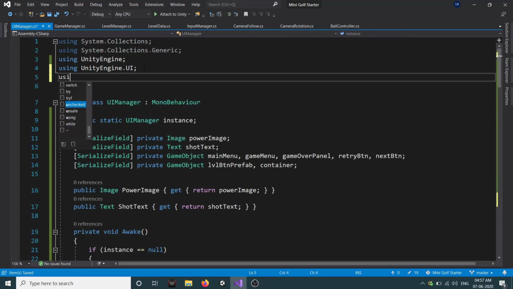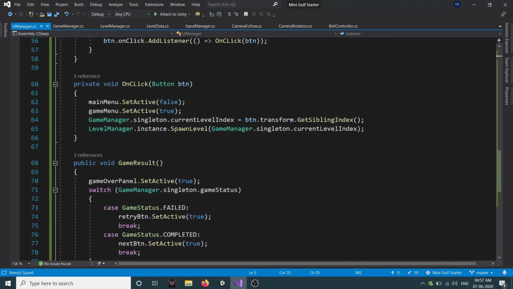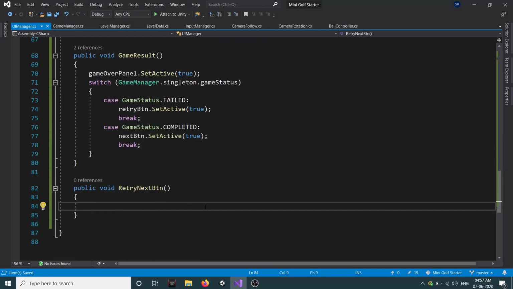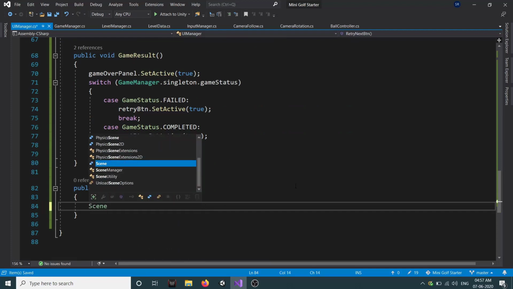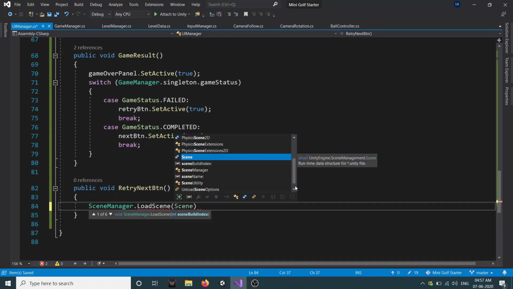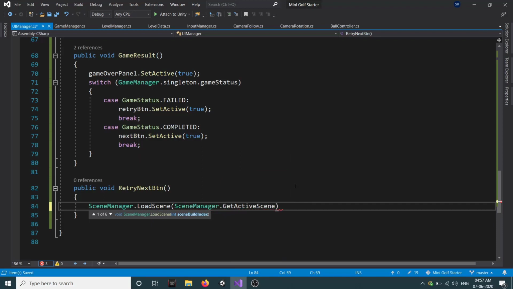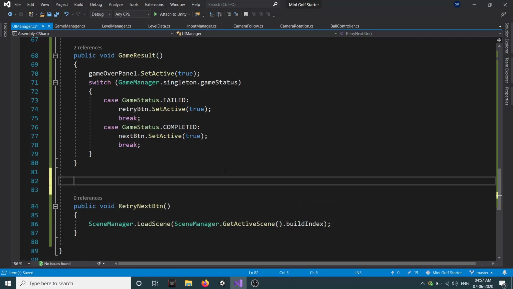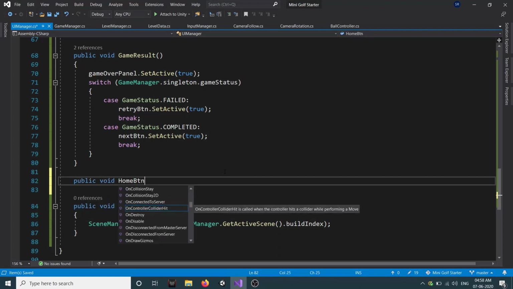So we'll create a public void RetryNextButton, and this button will only load the level. So we'll call using UnityEngine.SceneManagement. We need this whenever we want to load the scene, and here we will call SceneManager.LoadScene, and we are going to load the same scene. So SceneManager.GetActiveScene().buildIndex. Okay, and we also have a home button, so we'll create a public void HomeButton.